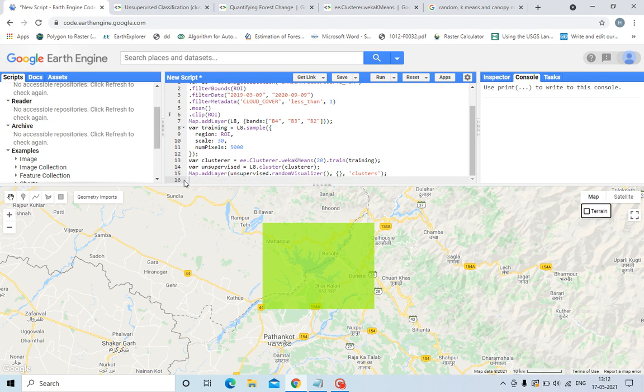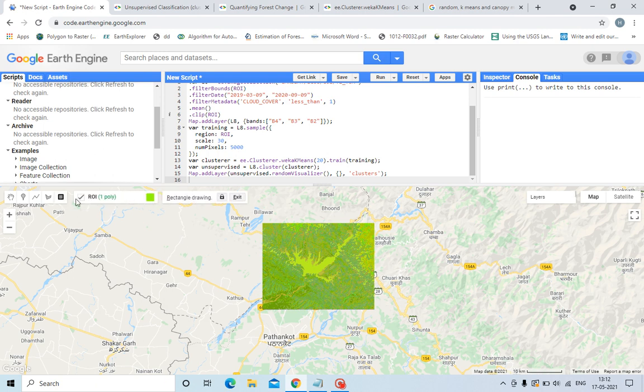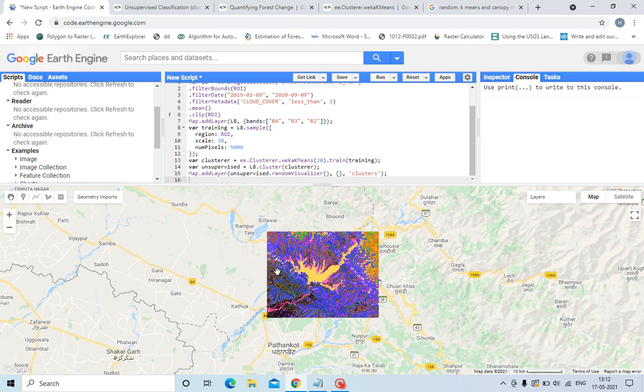Let us run it. This is the unsupervised map.